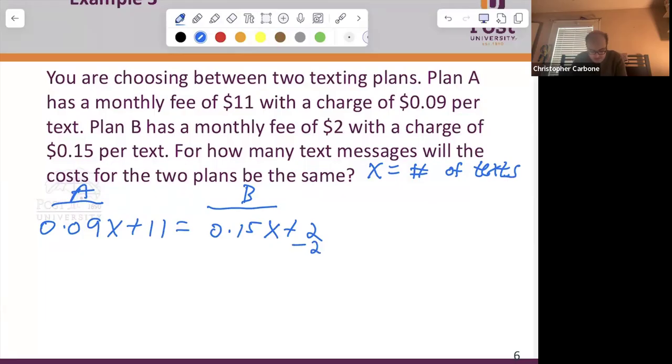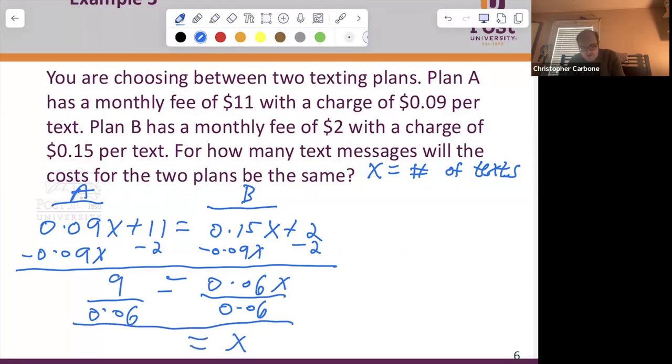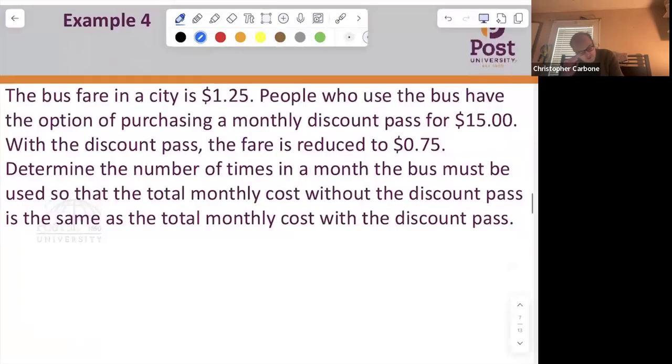So subtracting 2 from both sides, subtracting this 0.09x would make 9 is equal to, this would be 0.06 times x. And then dividing by that 0.06 gives us our answer. So 9 divided by 0.06 will give us 150 texts in order for these two to be even. This fourth one,